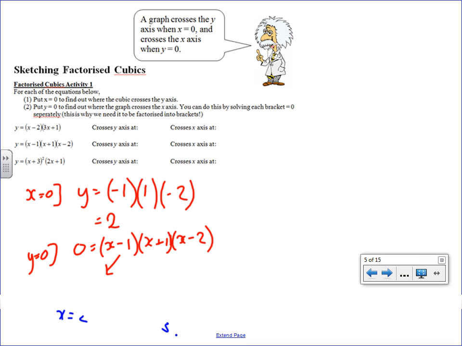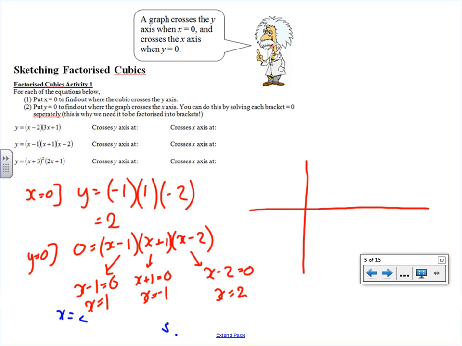So either x minus 1 is 0, so x is 1, x plus 1 is 0, x is minus 1, or x minus 2 is 0, so x is 2. So we know we've got a point at 1, a point at 2, and a point at minus 1. There are no repeated roots, so all of them are going to be slicing through, and it's a positive quadratic